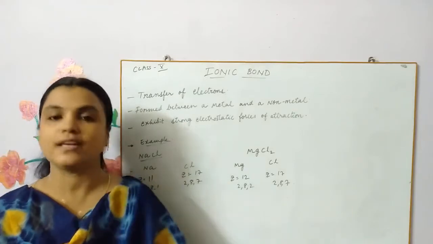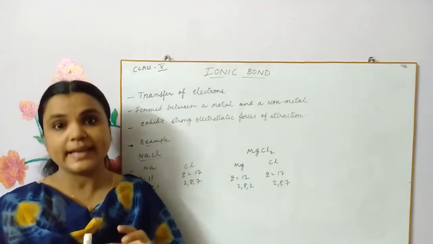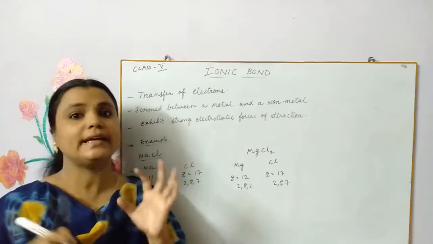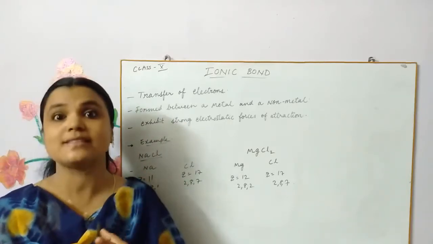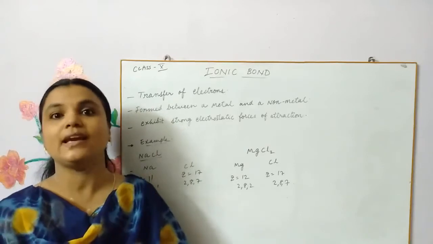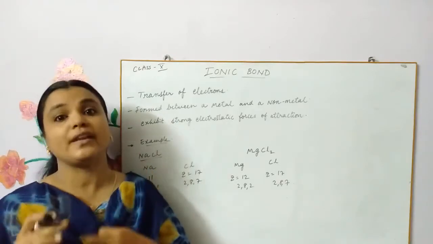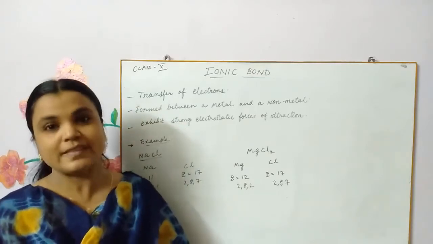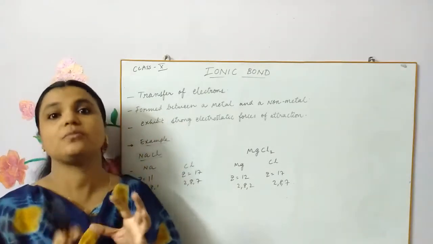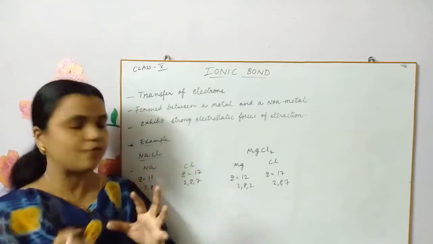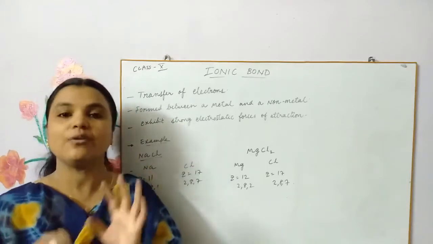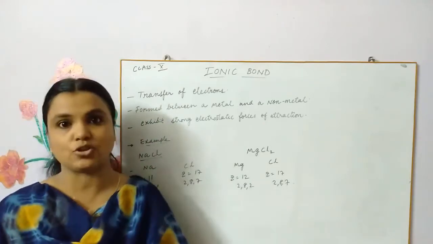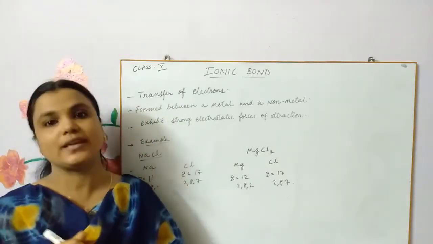Children, hope you have seen that video where I explained why atoms combine with each other. Ultimately it is in order to get stability, and that stability is gained only when it reaches that octet configuration. That means the outermost shell should be completely filled or half filled, that you learn in higher classes. For now you understand that the outermost shell should be completely filled with electrons, then only it will get its